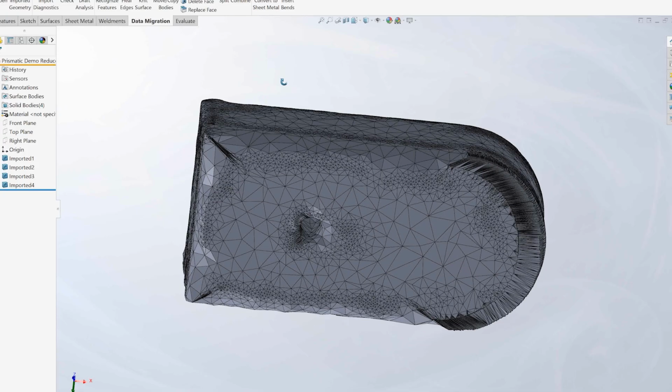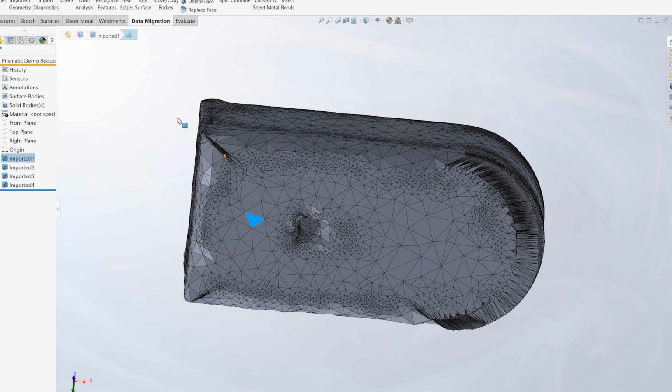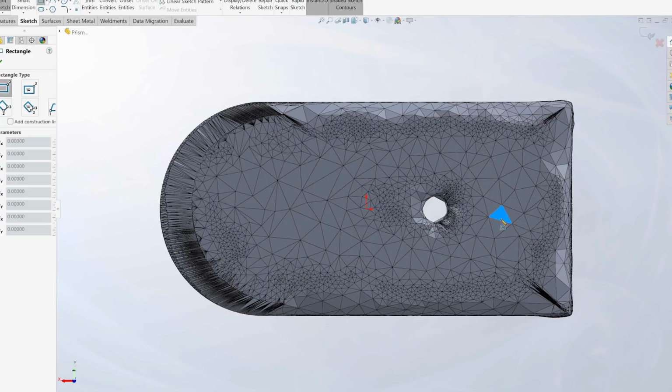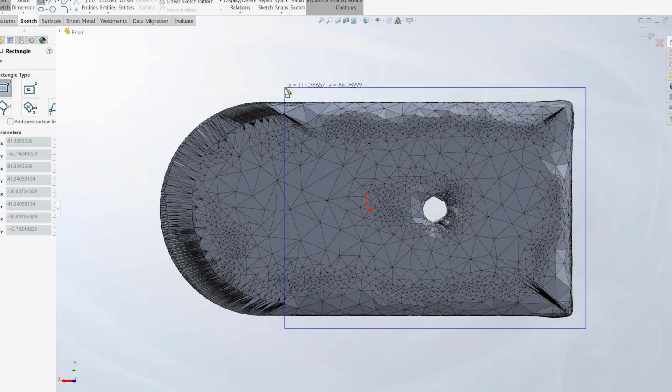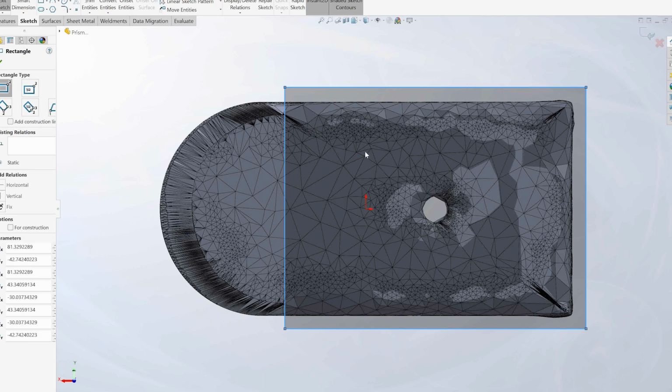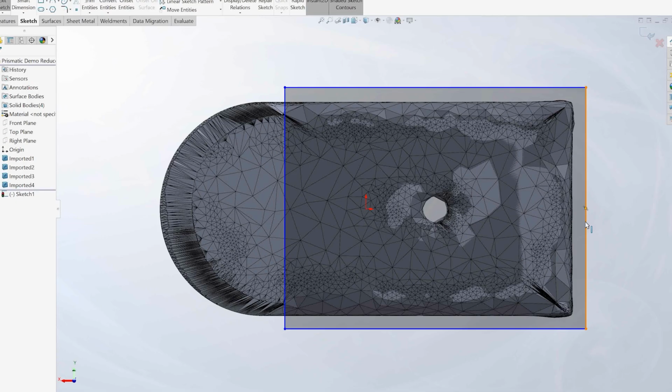So I'm going to come to the bottom, click on one of these faces, it doesn't matter which one, and create a sketch. So now I'm sketching on this bottom face, and I want to basically reproduce the outline of this part to match our scan data. So what I'm going to do is click outside of the model. In doing that and drawing my sketch larger than what it needs to be, I know that none of these entities are snapped to anything in my model. If you click on the model, it may snap to one of these vertices or whatever. I don't want that. So I just drew a simple rectangle,